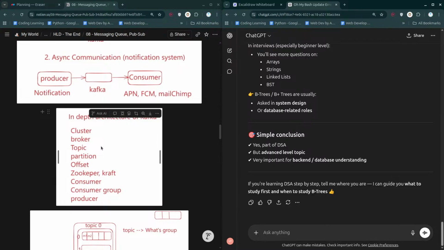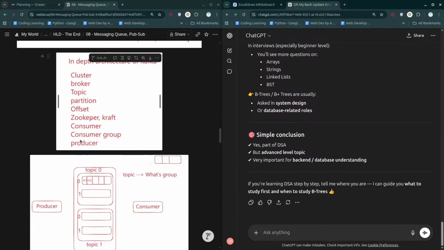Two consumers which belong to the same group cannot connect to the same partition. Hence we had to create consumer groups, and now two consumers from two different consumer groups can definitely connect to the same partition. We will go through it, and the producer we already know.